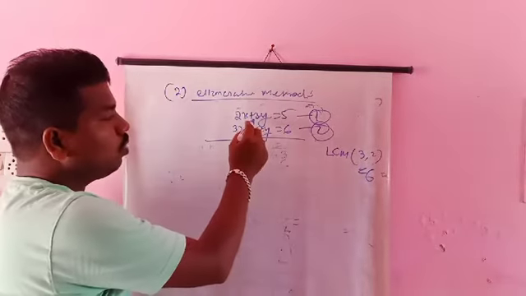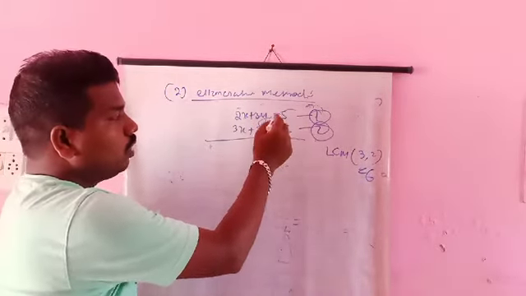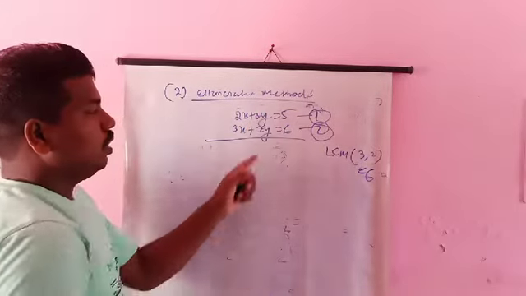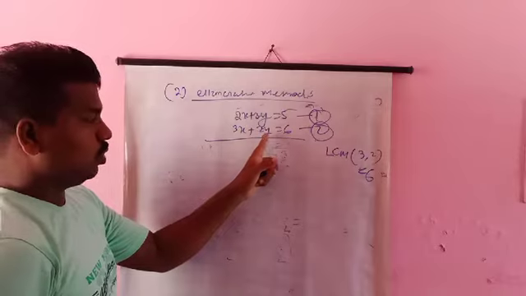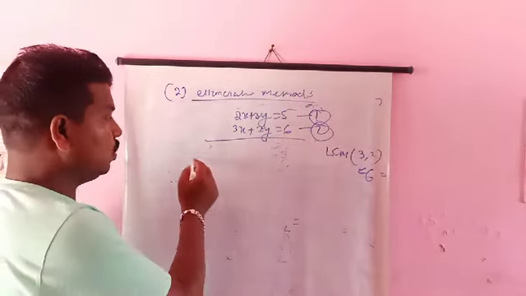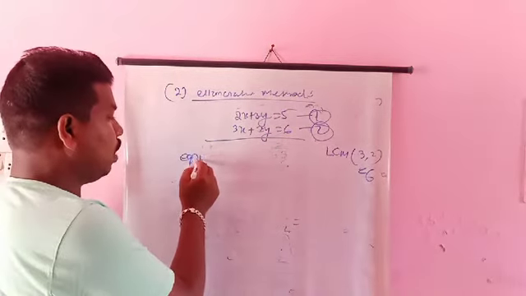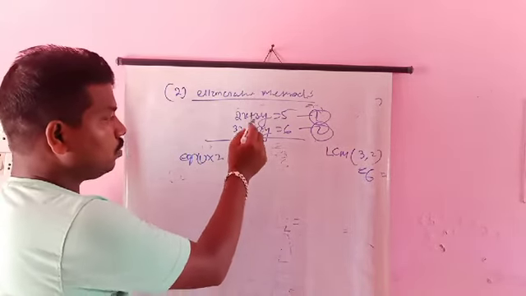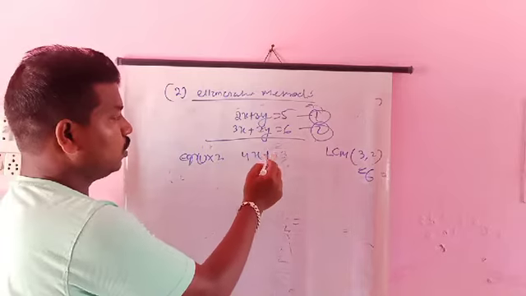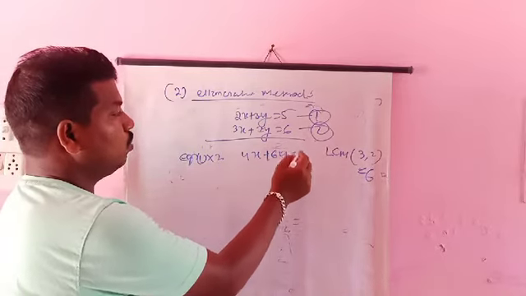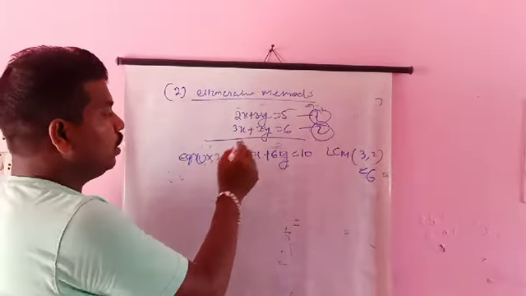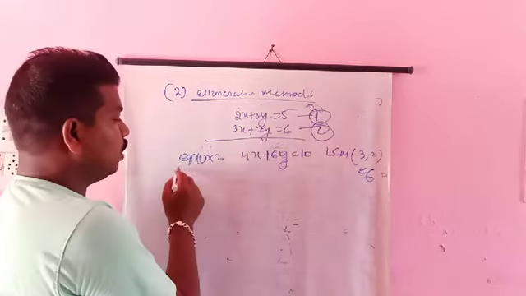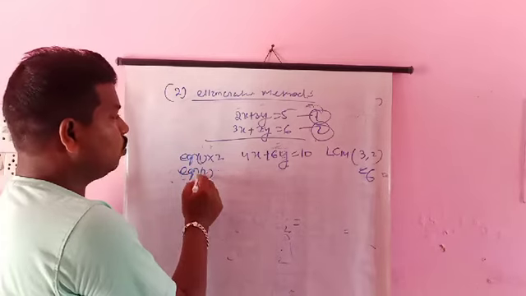That means we multiply equation 1 or equation 2 so that the coefficient of y is 6 here, and here also the coefficient of y is 6. So we multiply equation 1 by 2. It becomes 4x plus 6y equal to 2 into 5, 10. Similarly, we have to make the coefficient of y also 6, so we multiply equation 2 by 3.